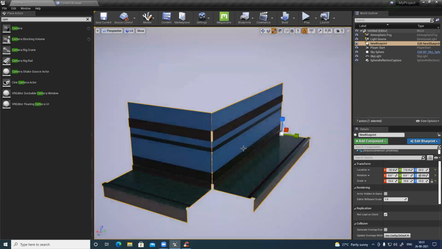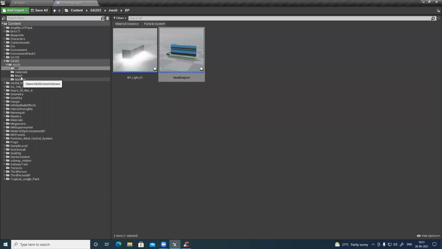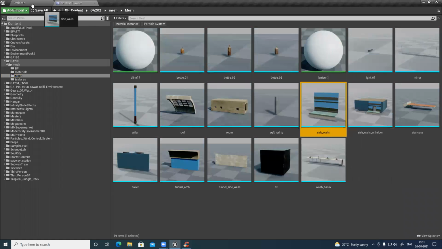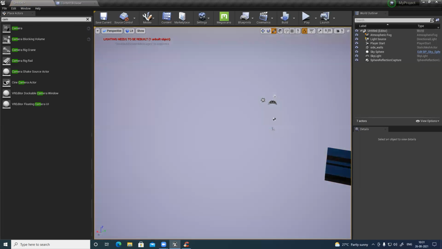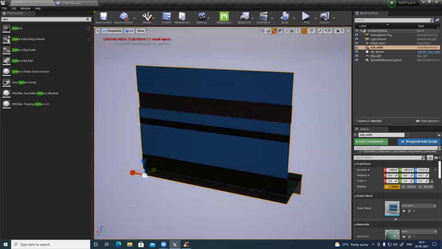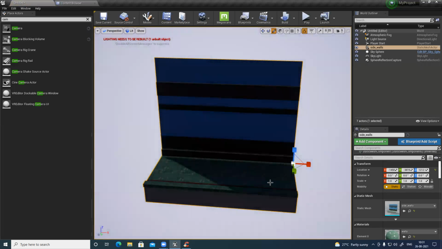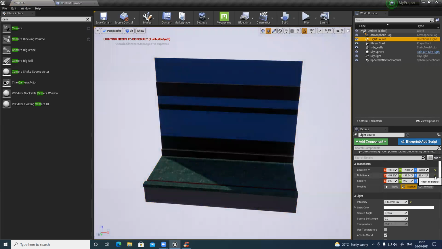Okay, sir. Yeah, this is what we can do. But same thing, say if you are facing this problem. Suppose I just import this one here. Let's delete this one. Light direction to change it. Zero.